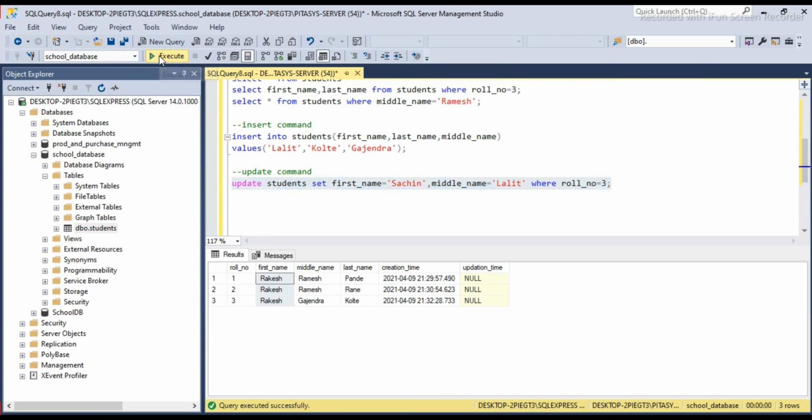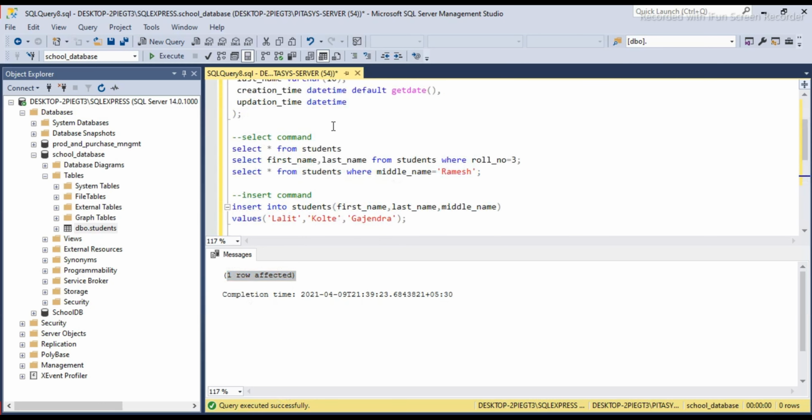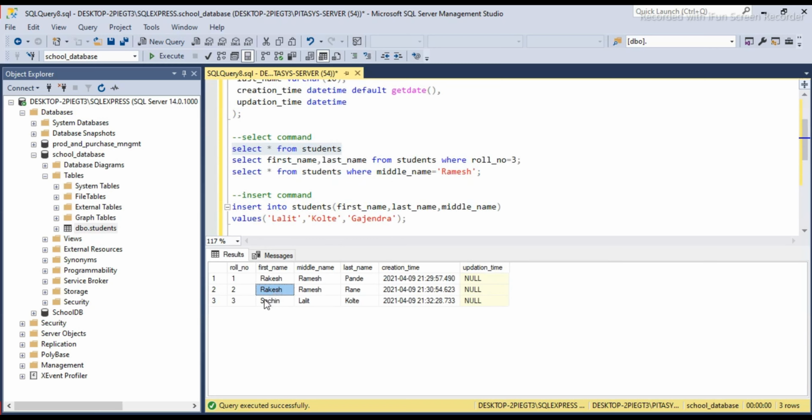Now we can fire the update query. Here we can check one row is affected, the query is successfully executed. Now we can check the students table. This is the record: first name is Sachin and middle name is Lalit.